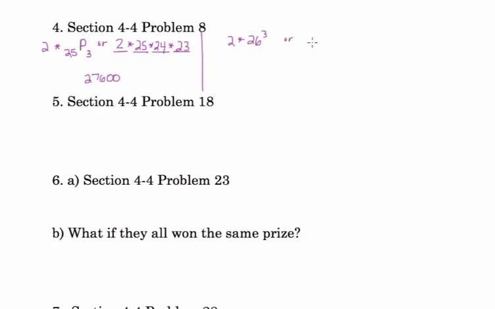Or you can put your slots out again. How many choices for your first letter? 2, K or W. And then, how many choices for your next letter? Well, we can repeat here, so all 26 letters are fair game. Same thing for the 3rd slot and the 4th slot. Either one of these ways gives you an answer of